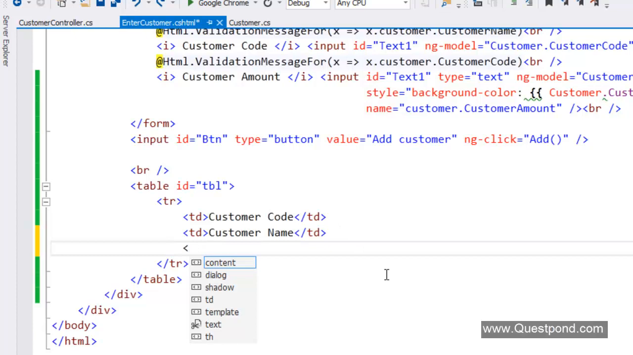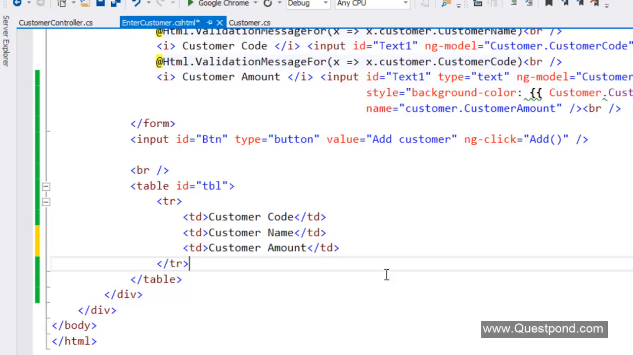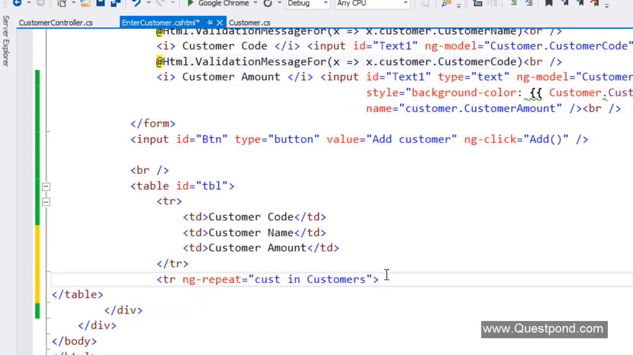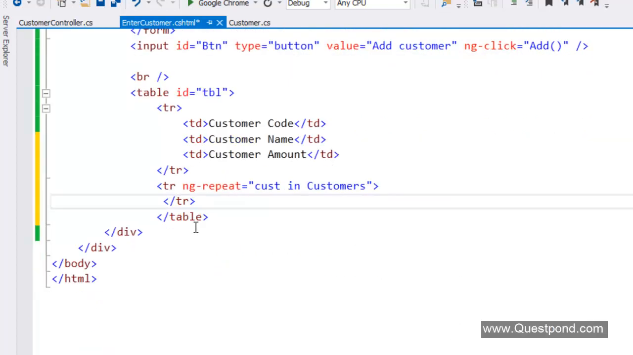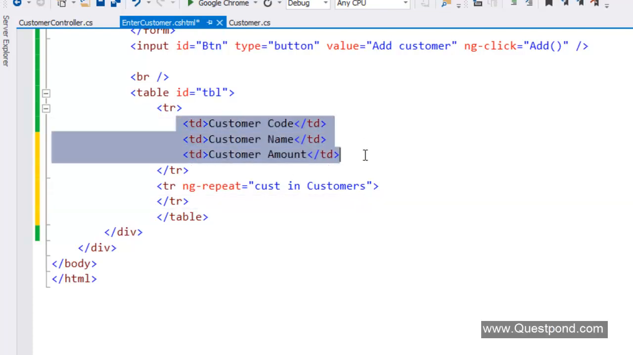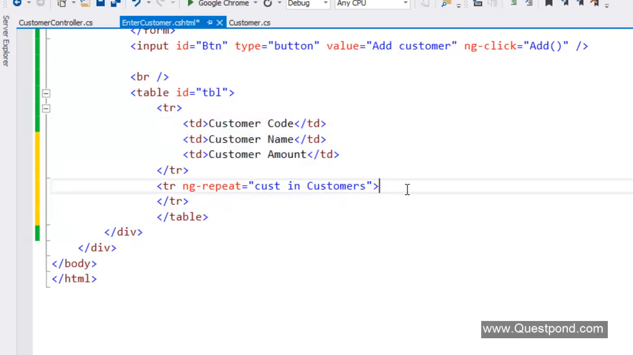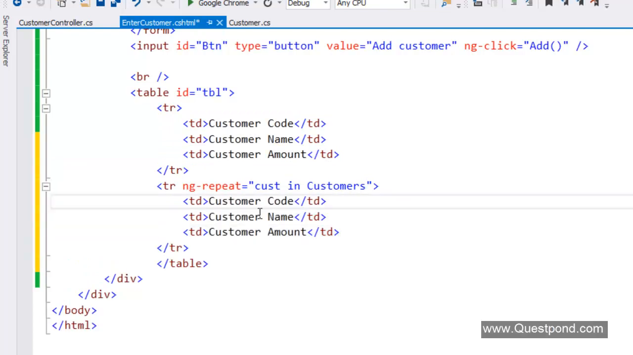So we need to add one more column in this table, called customer amount. And then we need to say, go and start looping through all the customers, right? So you can see I'm saying ng-repeat here. This ng-repeat will repeat this tr tag until all the records of the customers collection are looped. And then I will say inside this td, go and display